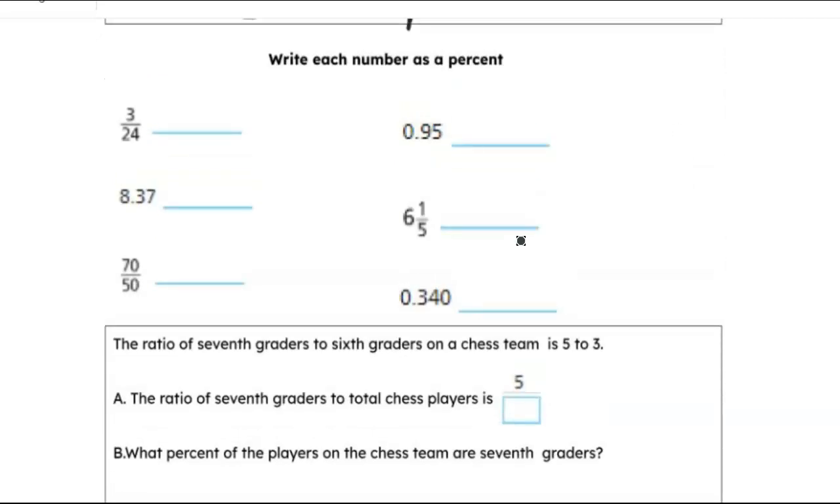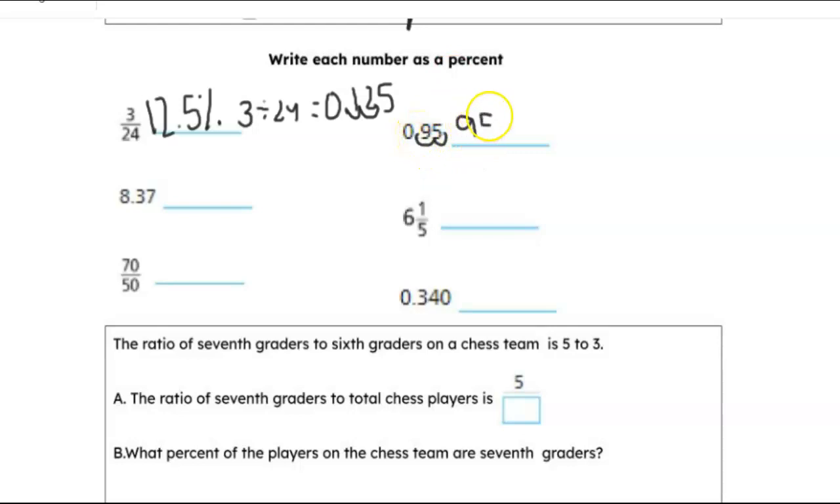Okay, this middle one, we're going to write each number as a percent. So I'm taking 3 divided by 24 here. I'm typing it into my calculator. I got 0.125. To change the decimal over, I go 1, 2. So that's 12.5%. Okay, 0.95 is already written as a decimal, so all we're going to do is go 1, 2. I get 95%. This one's already written as a decimal. We're going to move it over 2 times to the right, so I get